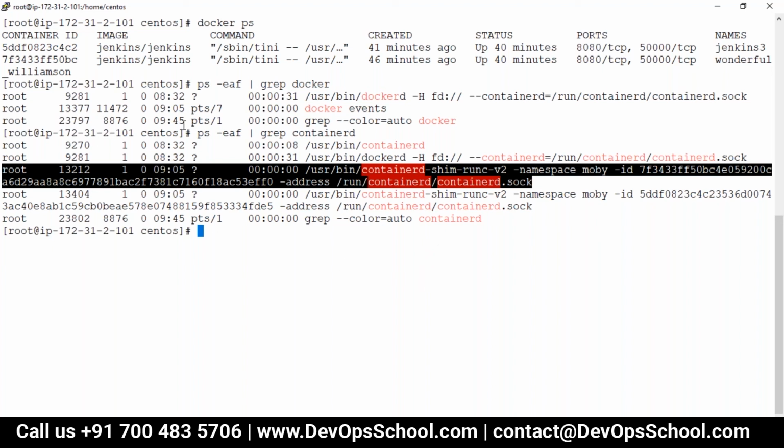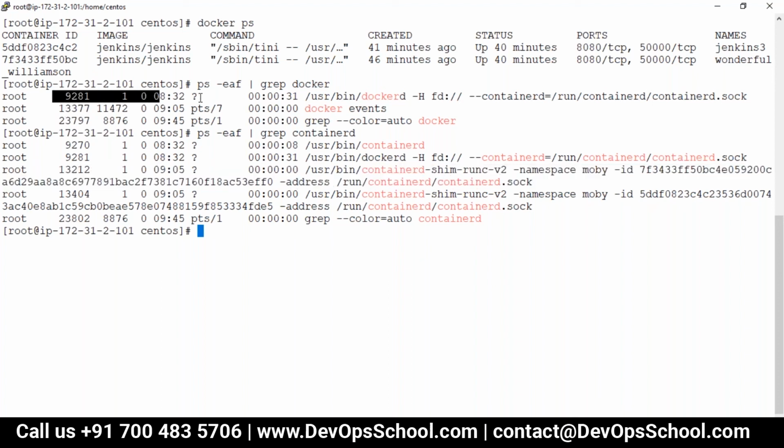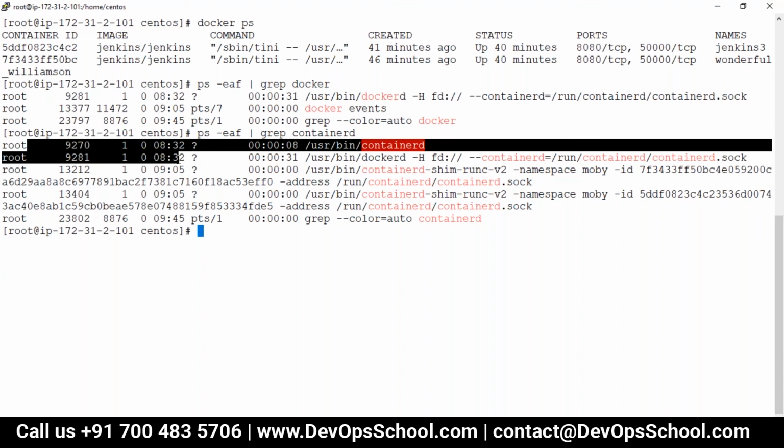Earlier, the process also belonged to PID 1. So containers are nothing but user virtualization, which is nothing but a process. Each user is a process in the host machine. Each container is a process in the host machine.